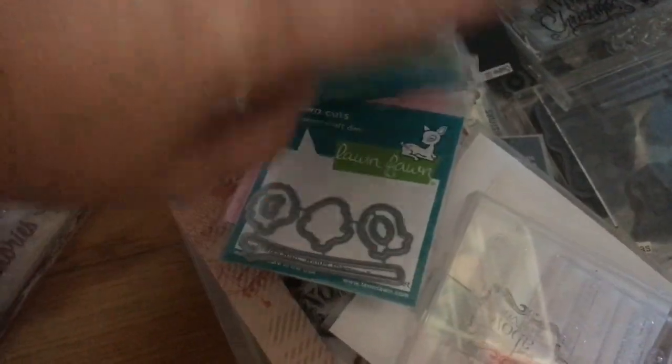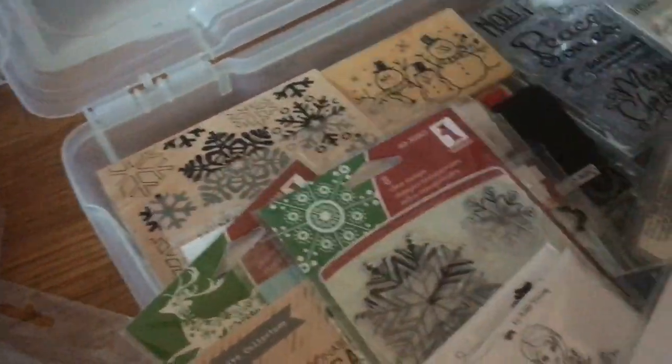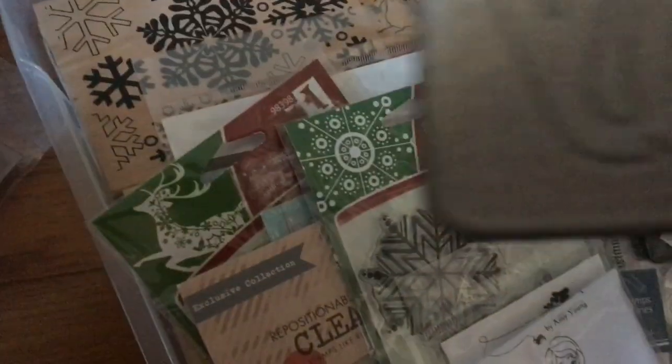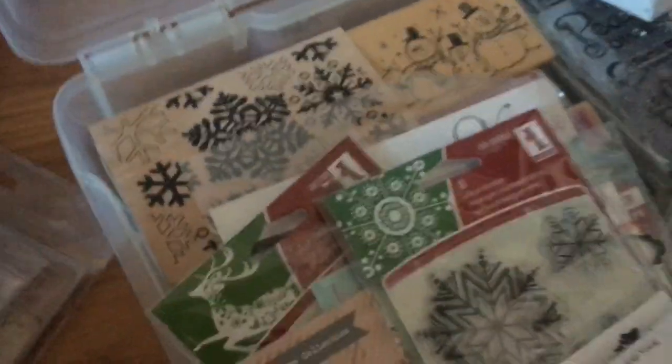And then this little Lawn Fawn owl and die are just so cute. And those birds I don't think I've used. So hope I can use those this July. And then rosette snowflakes. And there's my wood stamps, which I'm not going to pull. I'm going to leave those in there. And then the joy. And that's